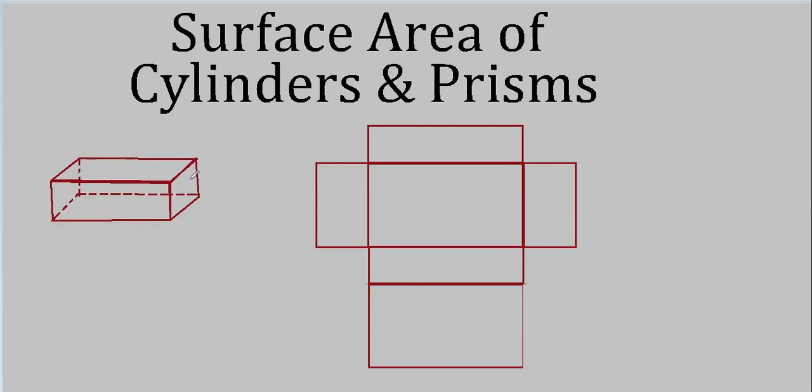What happens if we were to cut this open? For instance, if I cut it right along this edge right here, and then this edge, and this edge, and along here and here, so that this end that forms one of the parallel congruent rectangles would just drop down like this here. Same thing here. We cut this here, here, and here. Leave it connected right here. It would drop down and look like this.